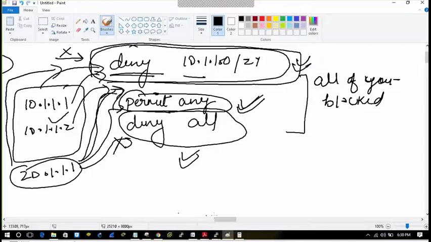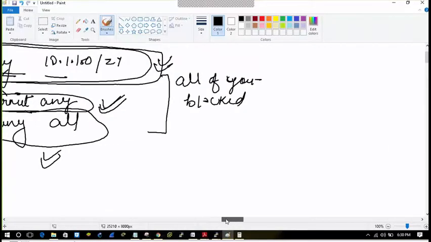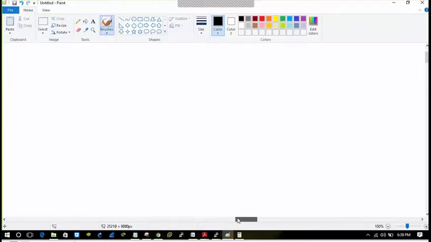So now let's move on to a little bit of the terminologies. What are the terminologies and what are the actual statements? There are actually two types of access lists. One is the standard access list.